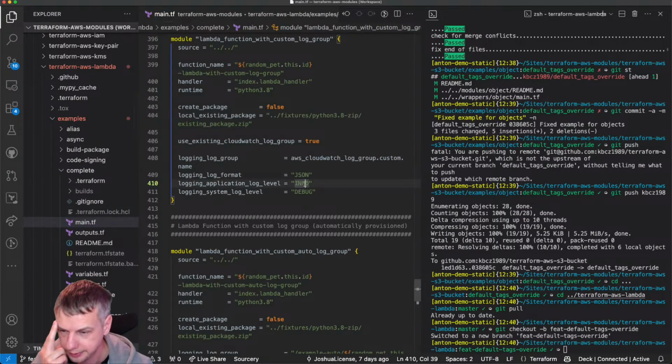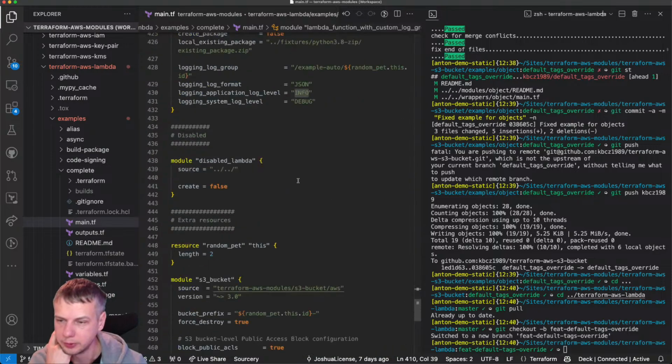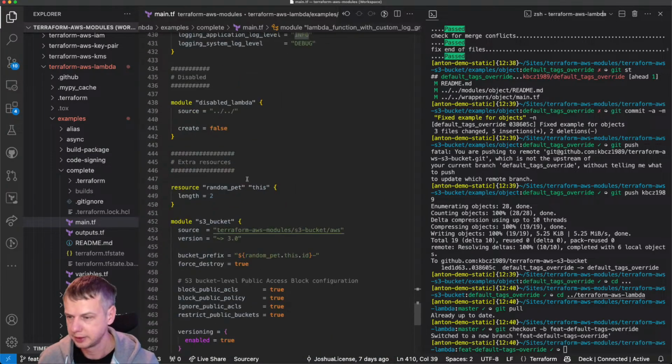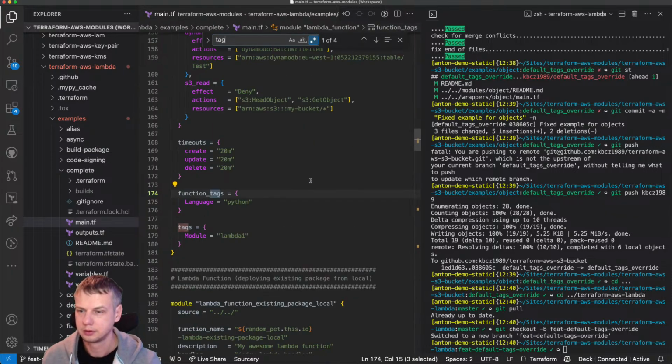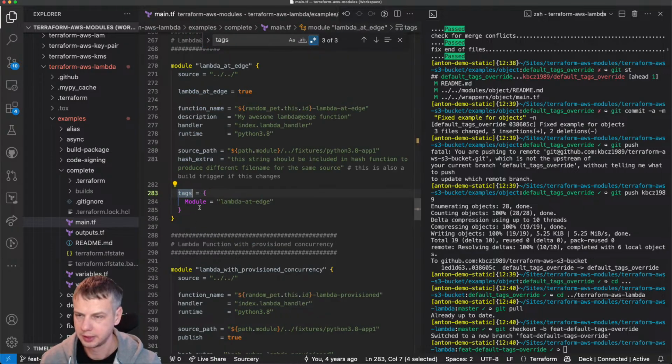It's not a big thing, but if we already have a function where we play with tags, yeah, we have tags here. Yeah, cool.